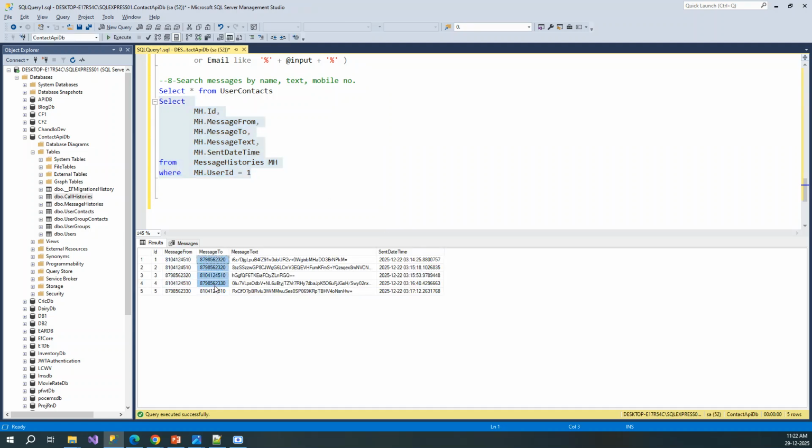Instead of these numbers, we also need names, right? So where do we have name? We have name in the user contact table, right? So what do we need to do? Here we'll have to use a left outer join. Why? Because you can still get a message from someone who is not stored in your cell phone, right? So in that case we should display the number, not the name. So we need to use a left outer join with user contacts,